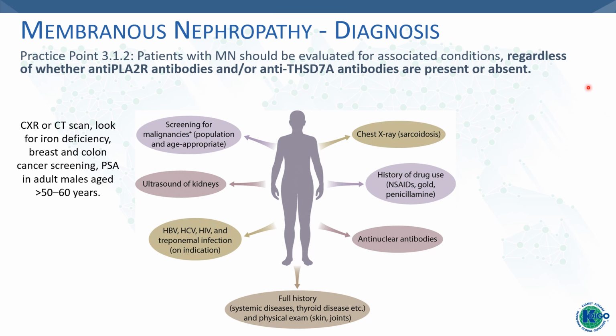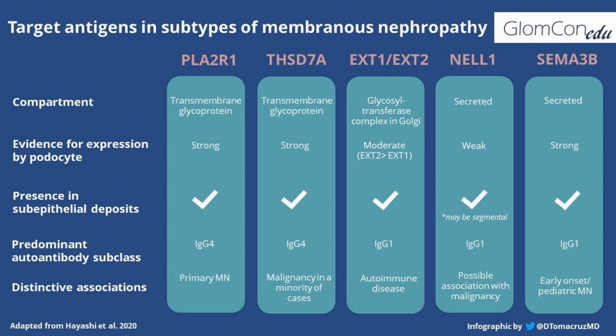Regarding malignancies, you can simply do a chest X-ray or CT scan, look for iron deficiency and maybe occult blood in stool, breast and colon cancer screening, and PSA in adult males aged more than 50 to 60 years. As shown in this slide, there are other new antigens